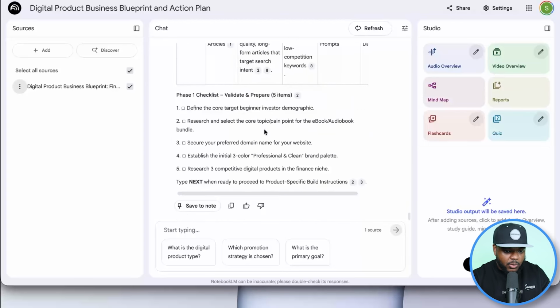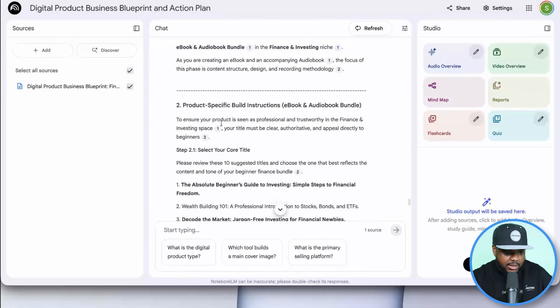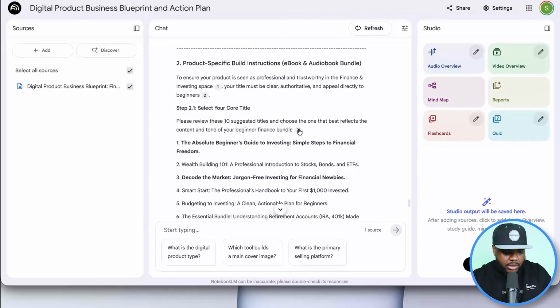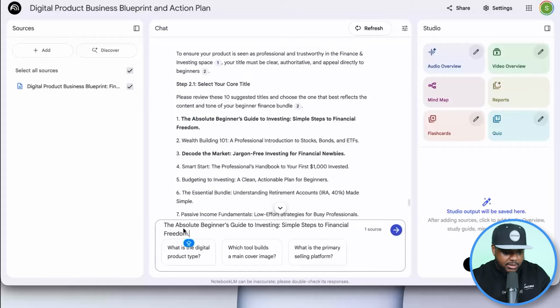So all you need to do once you're on this page is to scroll down, and as you can see, it's letting you know that you just need to type next so that you can move over to the next section. So I'm just going to type next just like that. And for the second phase, what it's asking me to do is select the title of the ebook and audio bundle that I'm trying to build. So I'm going to go with this one over here. This one seems pretty decent. The Absolute Beginner's Guide to Invest In. So I'm just going to copy it like that, paste it in there like this, and then click on next